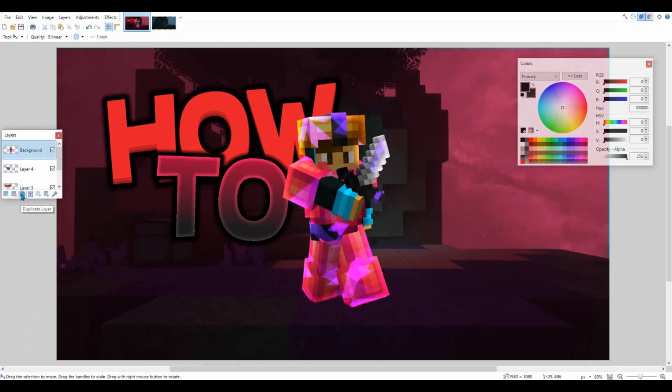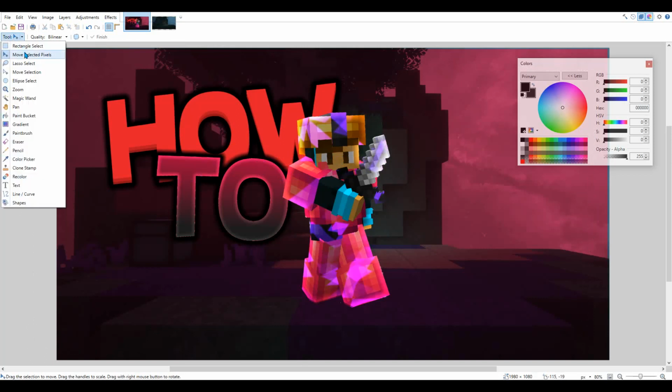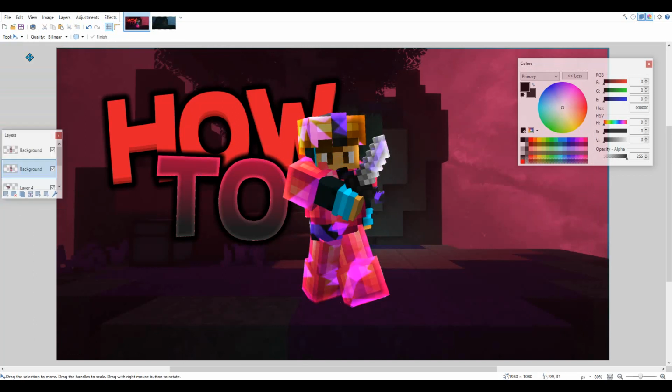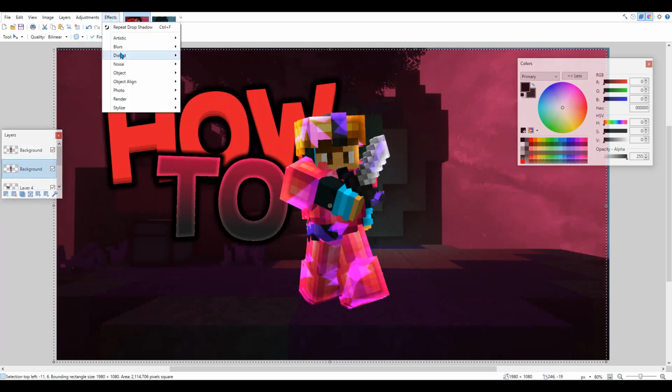Speaking of my character, if you want to add a motion blur effect, duplicate the layer, click on it, move selected pixels, Control A, and just use the arrow keys on your keyboard. If you don't have that, I guess use your mouse to make the duplicated layer underneath protrude out from whichever side you want the motion blur to happen. Then on that layer, go to effects, blurs, motion